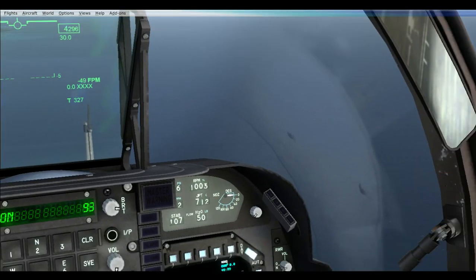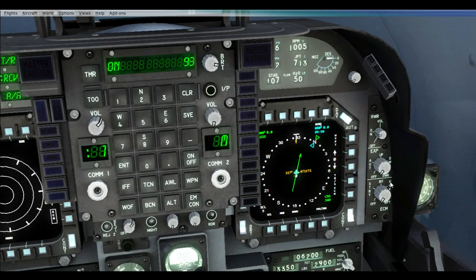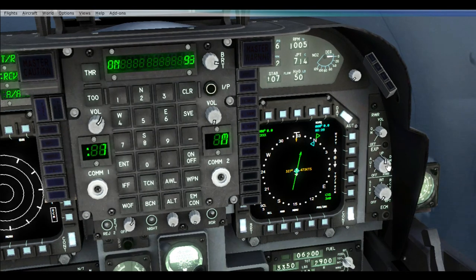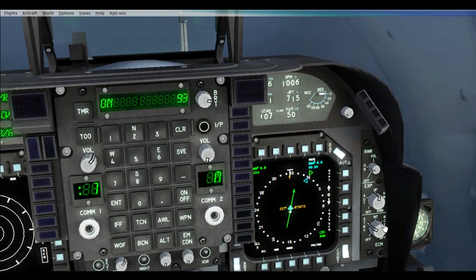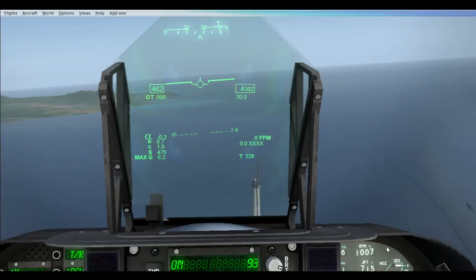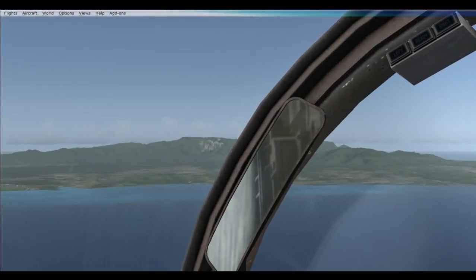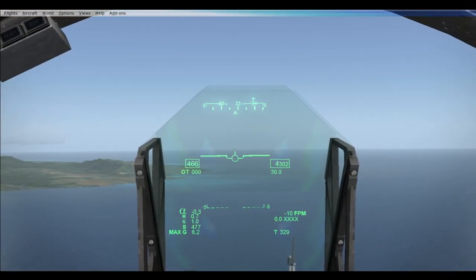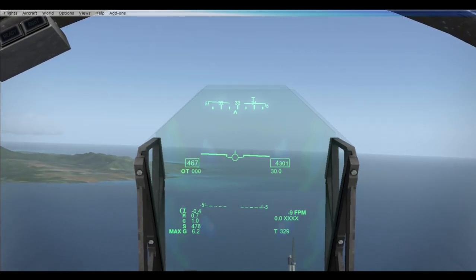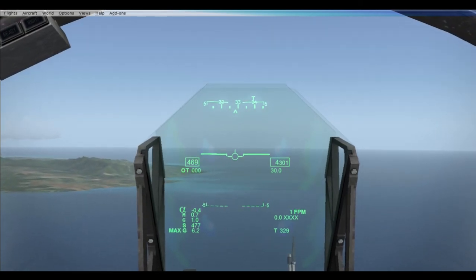Okay, let's check our ECM systems. Radar warning system is we can already set our ECM systems. Ready, and for example, if I had used rocket, I would have gone actually low, almost hugging the ground with this, but